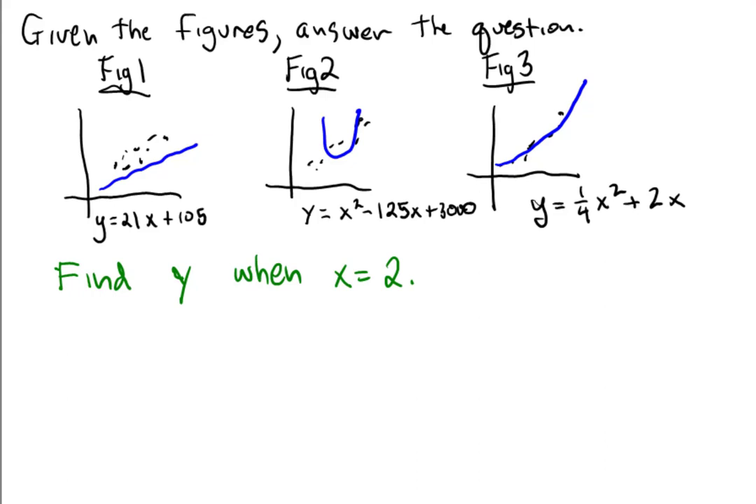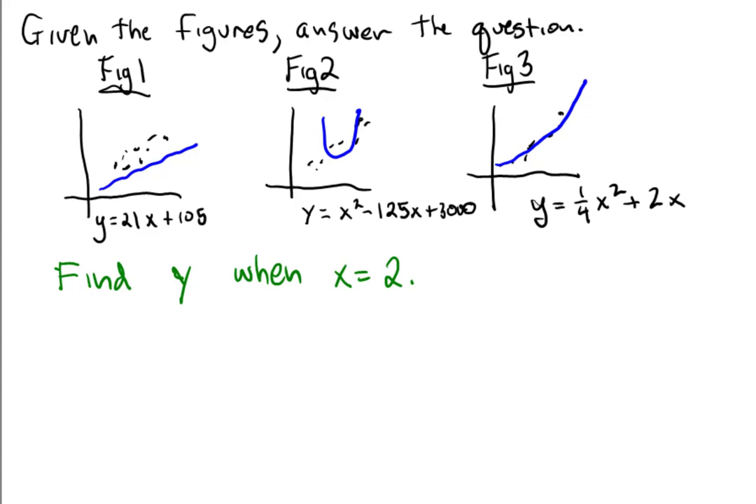Hi there. This problem says, given the figures below, answer the question. So you can see here, figure 1 represents a scatter plot. Well, actually all three of them do. Figure 1, figure 2, and figure 3 have these scatter plots with little black dots on them. And then there's a blue line that's kind of fit to the data, in some cases well, in some cases